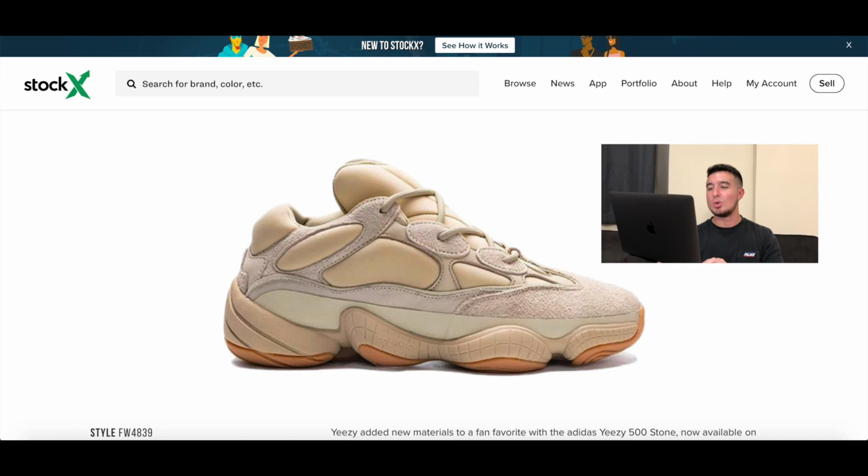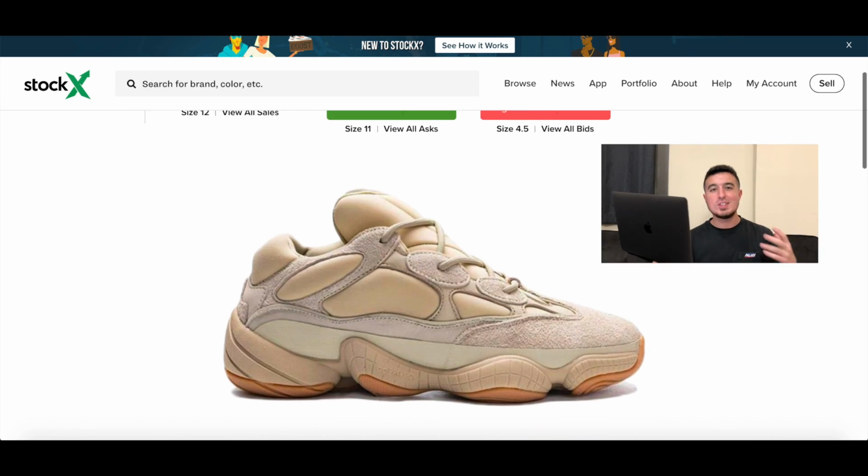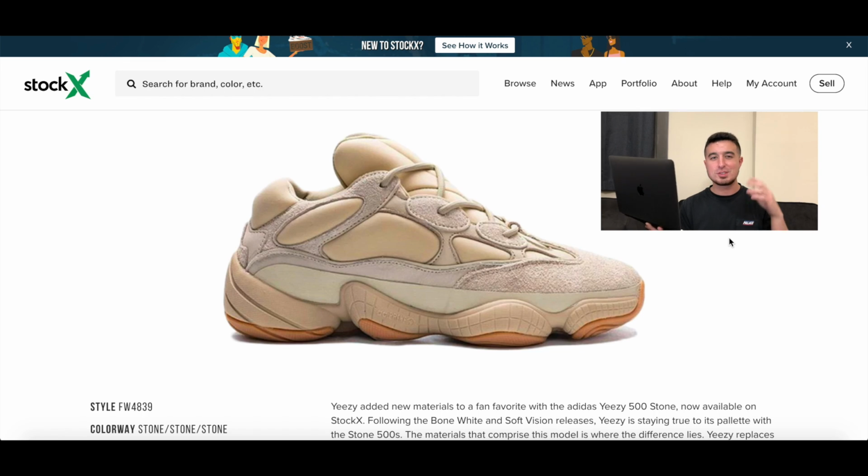My name is Steve Natto, and for today's video we're talking resale predictions on the Adidas Yeezy 500 Stone. So this is the brand new model of Yeezy from Kanye West and Adidas. It is the Yeezy 500 in the Stone colorway, which looks oddly familiar to several other colorways that we have seen. I thought that Adidas was going to get out of this funk, but they're back in it with the